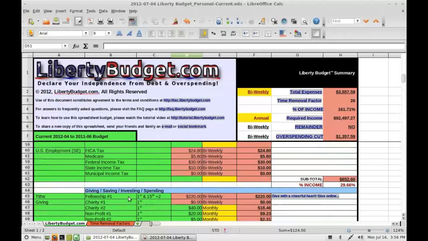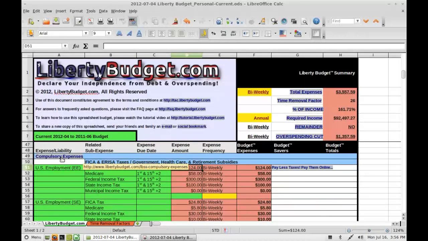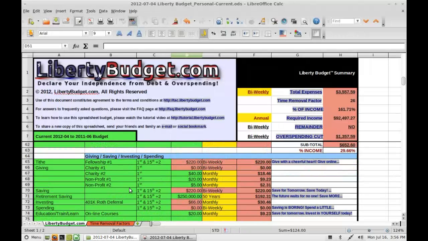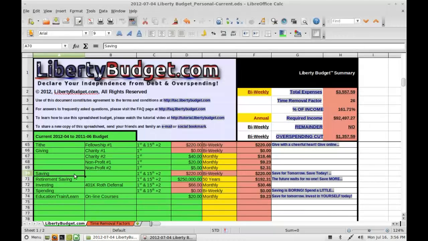Now this section right here is the compulsory expenses section. Taxes are compulsory. There are other reasons you might be compelled to spend. Many of them are religious reasons, some of them are charitable reasons, humanitarian reasons. Some of them are you're compelled by the future. You got to save for the future. You want a good retirement, you're compelled to save for your retirement so you can meet your expenses and obligations for when you're not working quite as often, so you can be near your family,